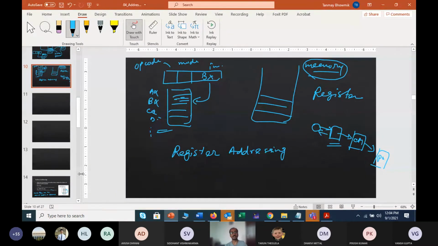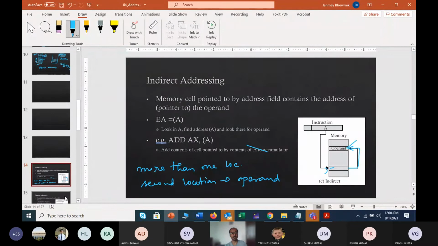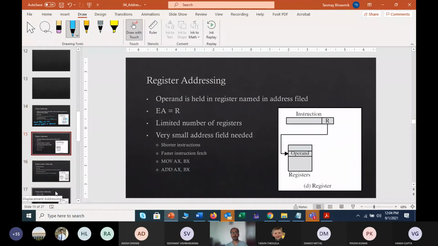Okay, so this is the register addressing, not indirect. You can see no memory references are being accessed or used. There is a limited number of registers, so that means a very small amount of data you can store, which is quite common, but in parallel it is the fastest. Once your instruction is short and your searching location is short, obviously your execution time will be fast. So this was the register addressing mode.